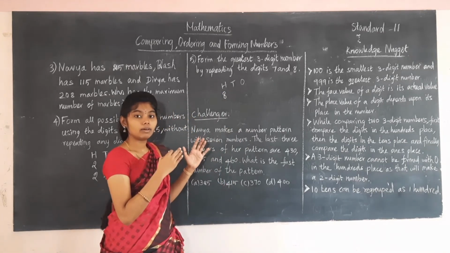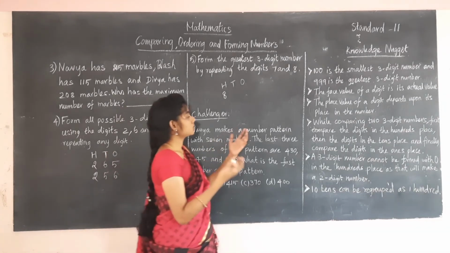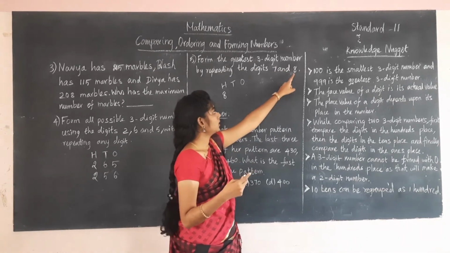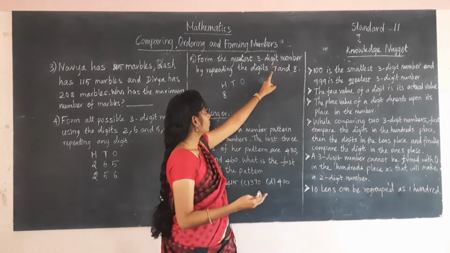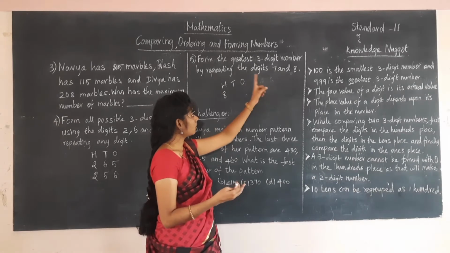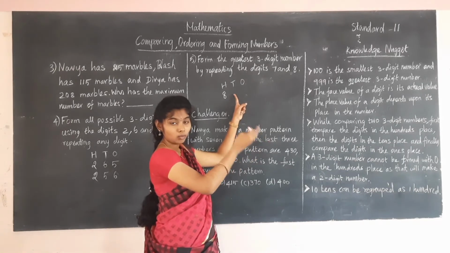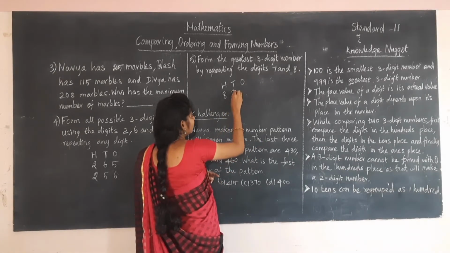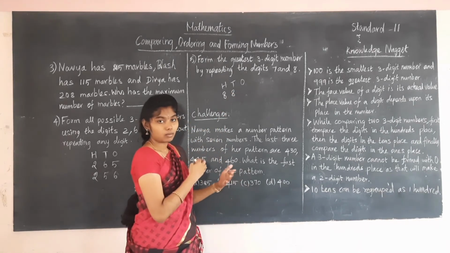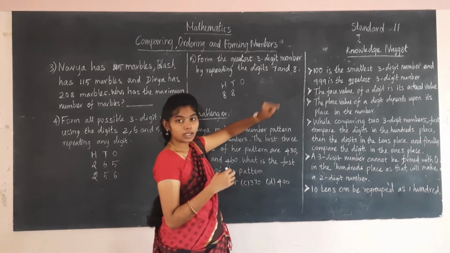They have asked to find the greatest 3-digit number and we can repeat the numbers. So what numbers can we repeat now? We can repeat 7, and here 8 also we can repeat. In the tens place, which number should be placed? We have to see that. 7 can be repeated or 8 can be written here. 8 is the greatest number compared to 7, so we have to write 8 again. Then only we will get the greatest number. If we wrote 7 here, it would become a smaller number. So we have to repeat that number 8. And in the ones place we can write 7.